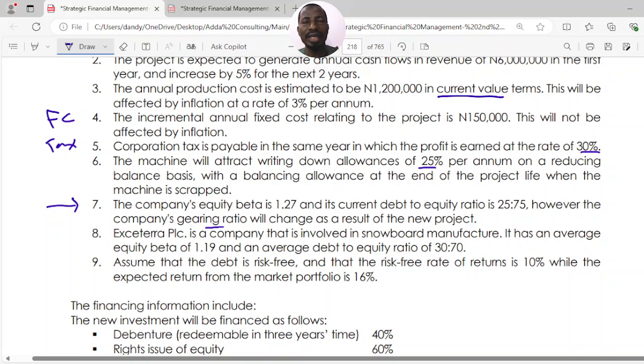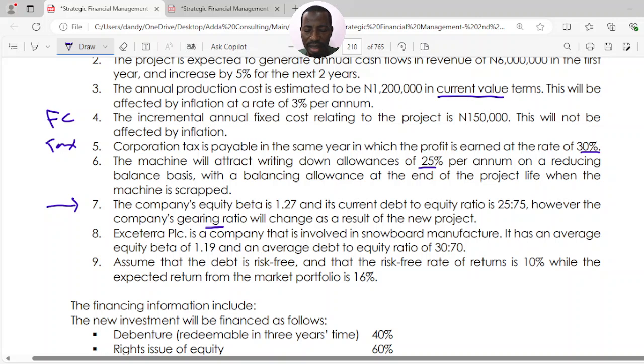Remember, I mentioned that APV is used when a company is diversifying and the financial risk or debt equity proportion of a company is expected to change as a result of undertaking a project. So that's to tell you that in this particular question, even though I've not seen the requirements, we may likely use the adjusted present value to appraise the project. Then number 8,